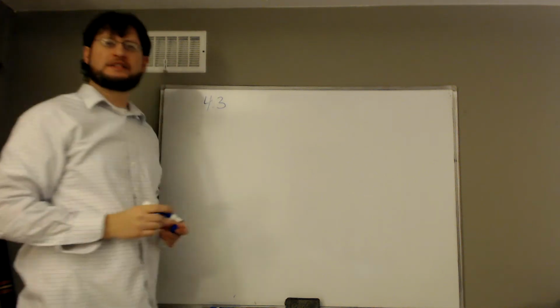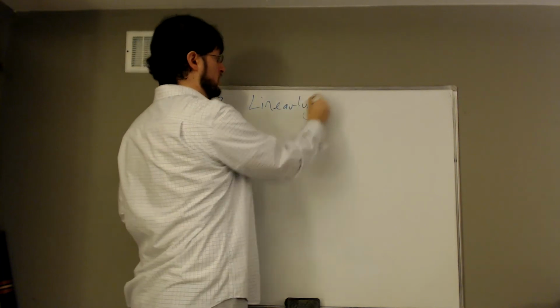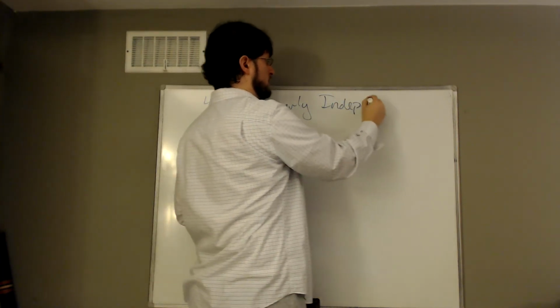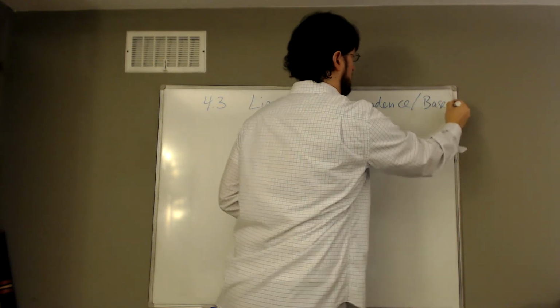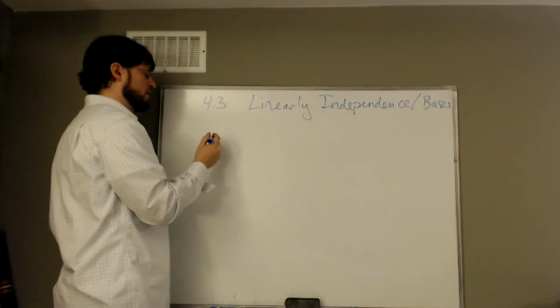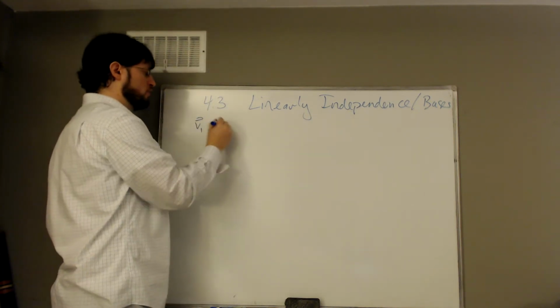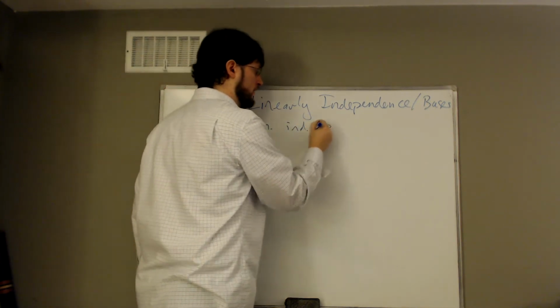And finally today we're going to look at 4.3, linearly independent sets and bases. So remember linear independence: v1 through vn are linearly independent if and only if the only way